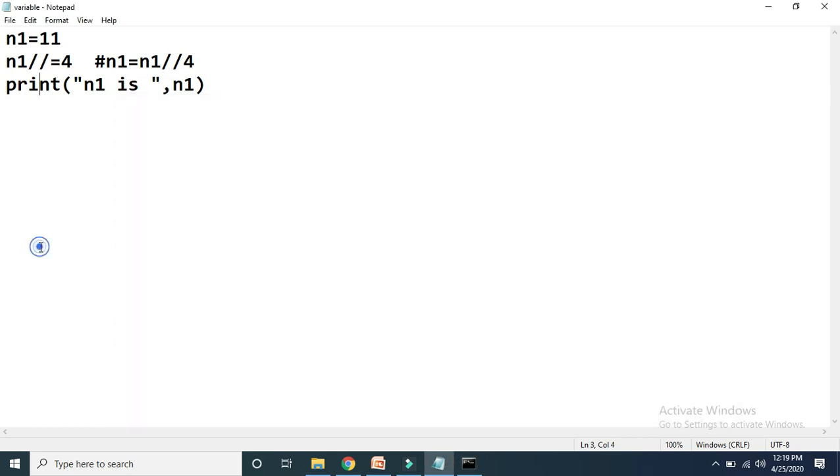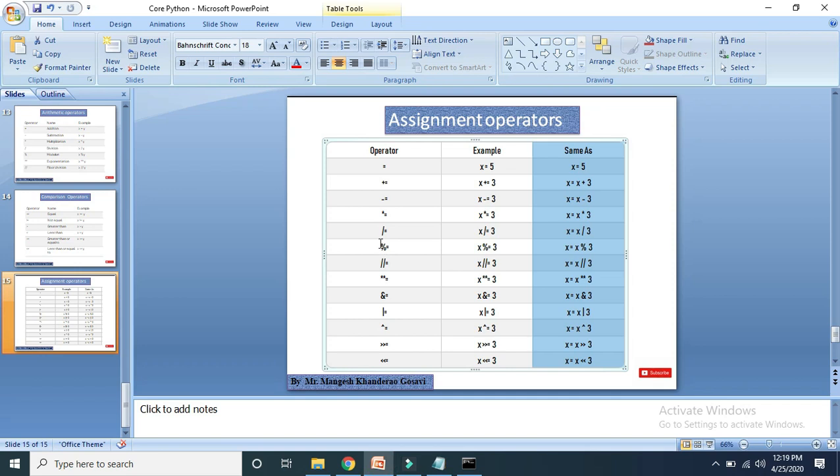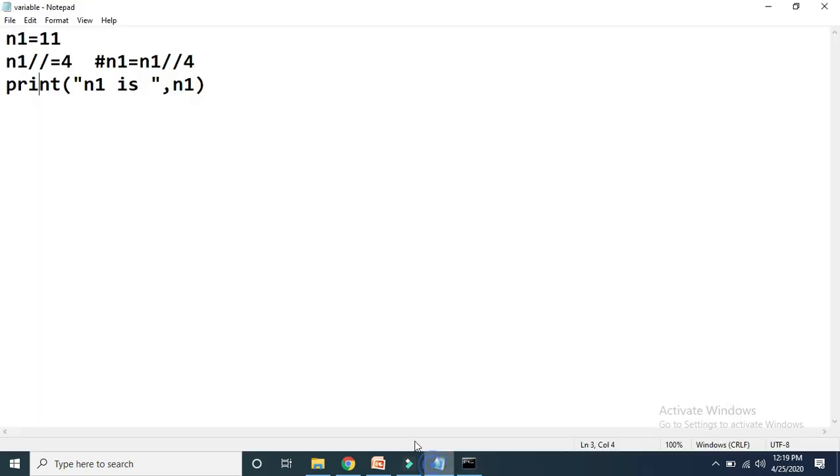Similarly, exponential assignment is also there. The exponential operator we have already discussed in our arithmetic operator video, so better you watch that video first and then proceed with this one, because the basics we have already discussed.